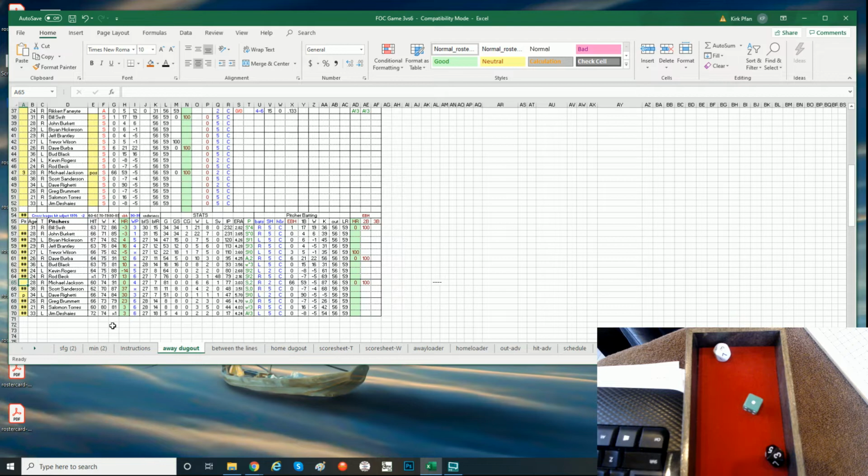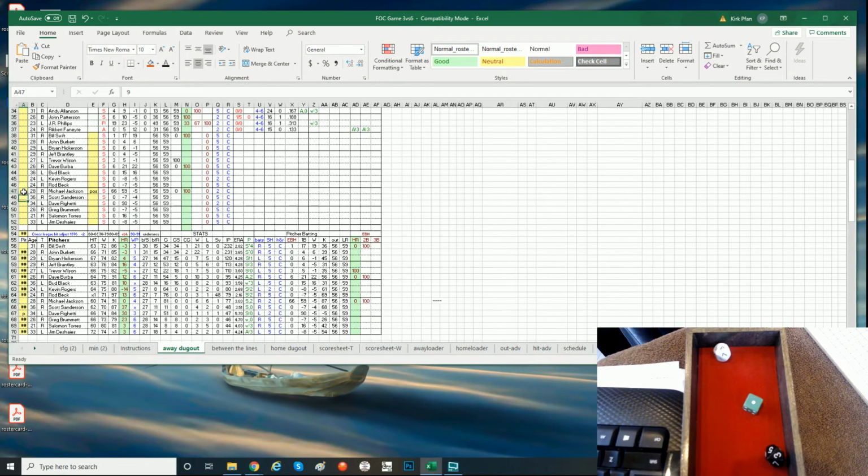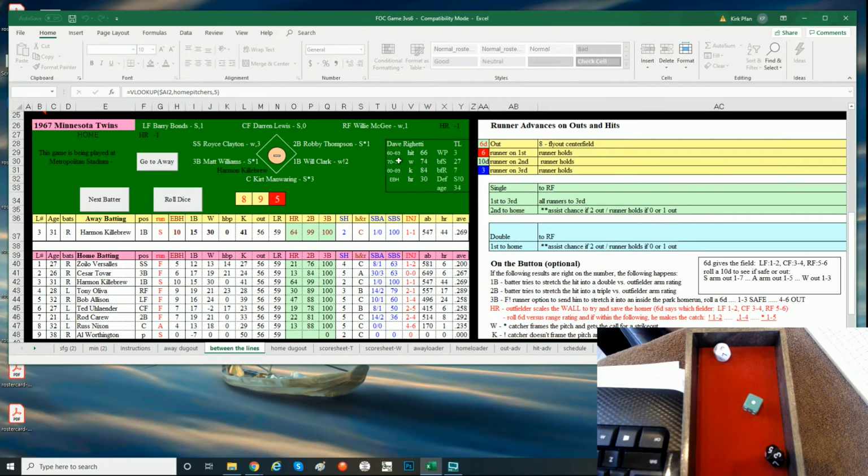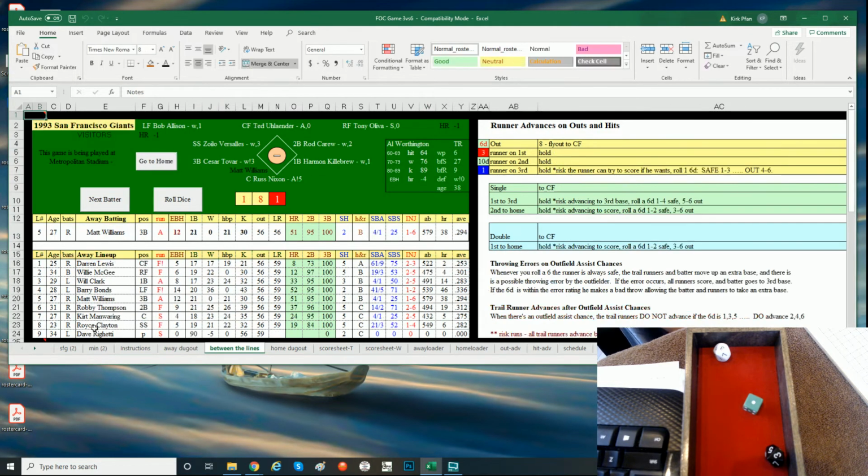All right, and we can take out Michael Jackson. It's going to be Dave Righetti, 9, and P. Here we go. Let's just make sure everything changed. Dave Righetti, okay, and if we go back, it shows him. Okay, there we go. All right, so due up is Tony Avila, Bob Allison, Ted